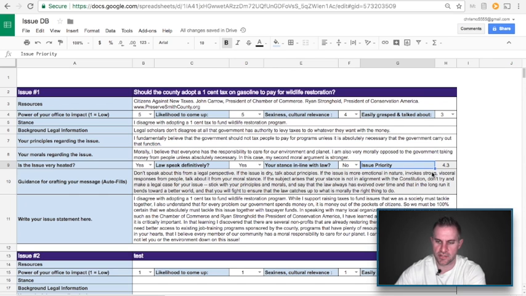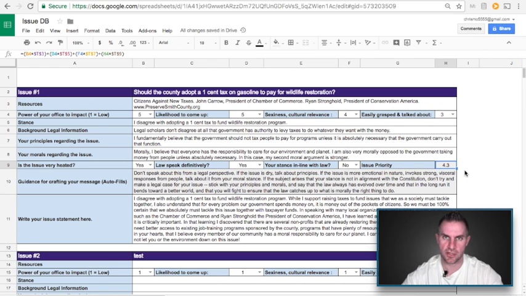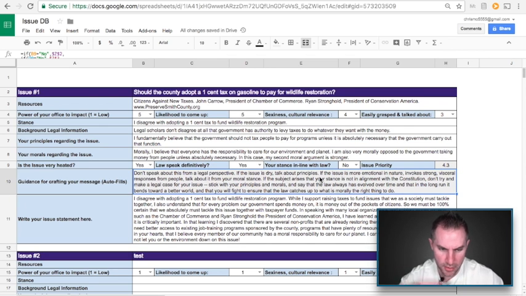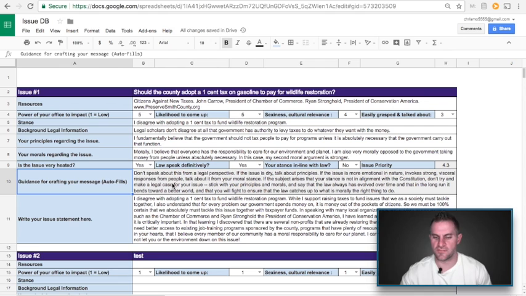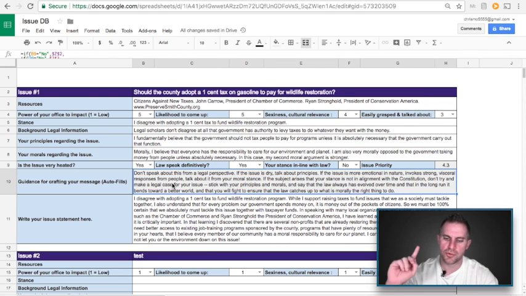So on a 1 through 5, it gets a 4.3. And guys, I've built in the logic and the functioning of the spreadsheet to do this. Same with this cell here, guidance for crafting your message. It says, don't speak about this from a legal perspective. If the issue is dry, talk about principles.